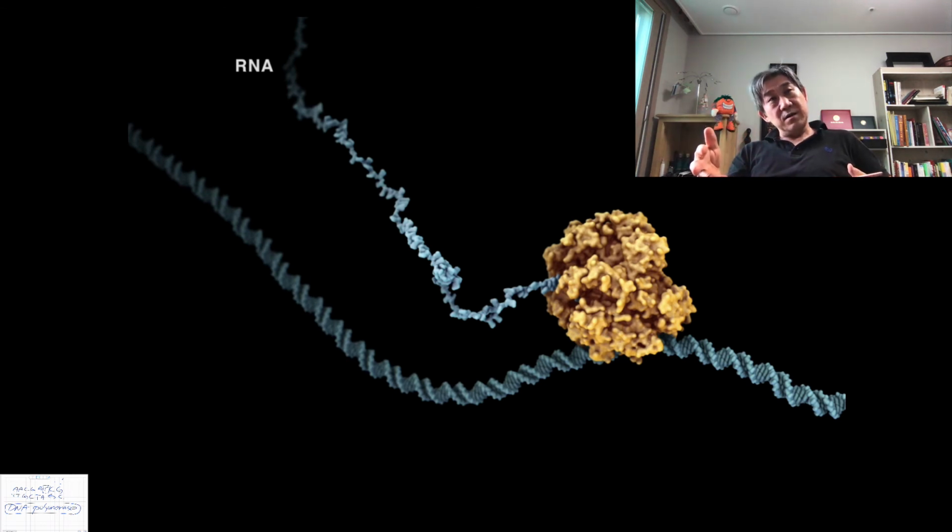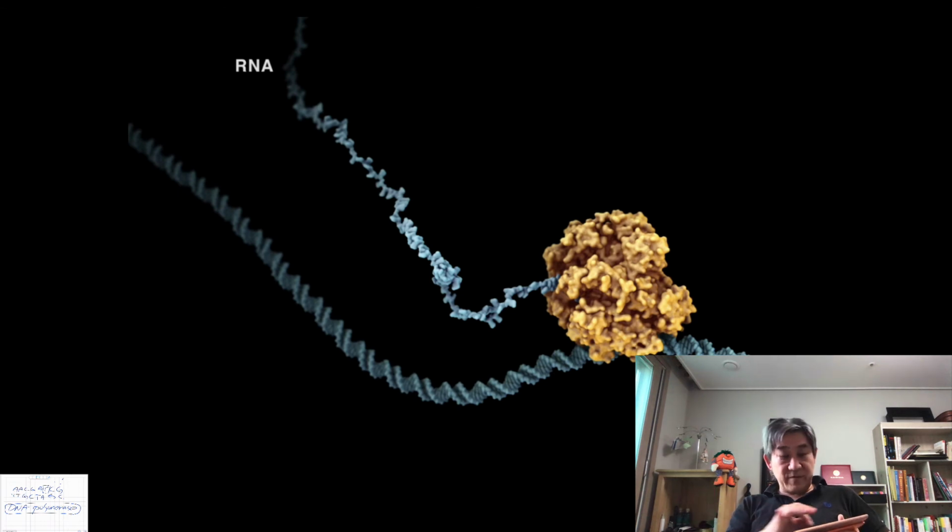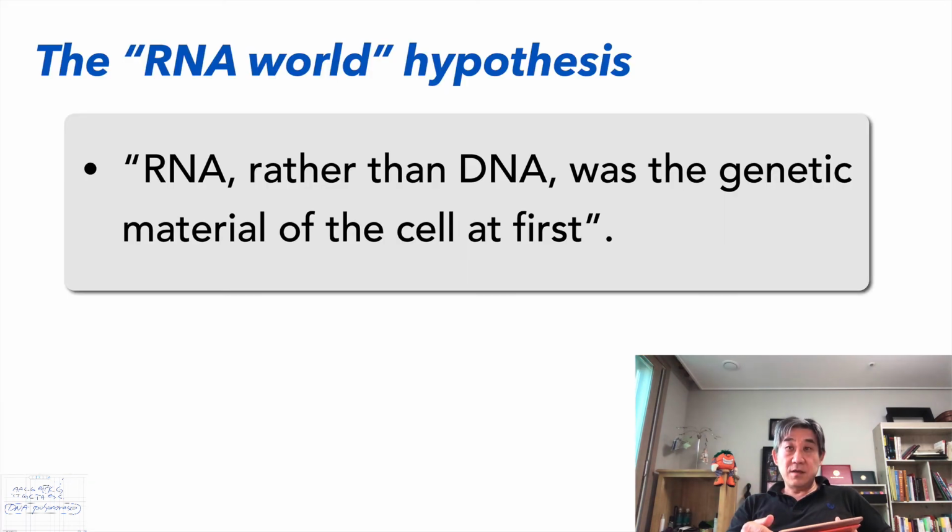This model shows RNA being copied from one area of DNA, and this is an enzyme performing such activity. But the so-called RNA world hypothesis states that it was not DNA but RNA that was the genetic material at first, when those first cells were around in the early